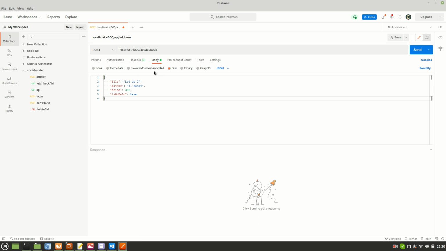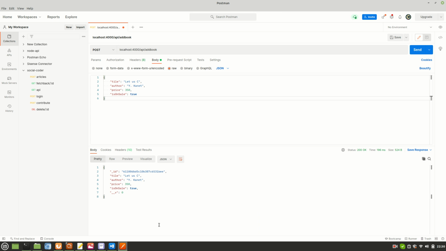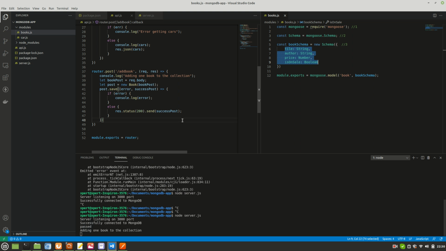Now let's cross check everything. Post request on server 4000, it's running on 4000 now. API and that endpoint is also correct. Body, raw, and JSON. Let's press send and see what happened. Yeah, it is inserted, and that's why we are getting this response. I'm getting this response because I'm using this.